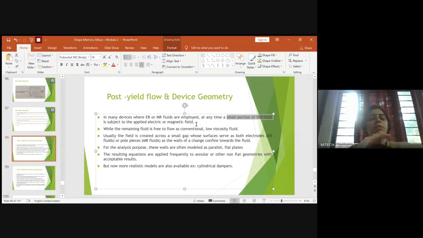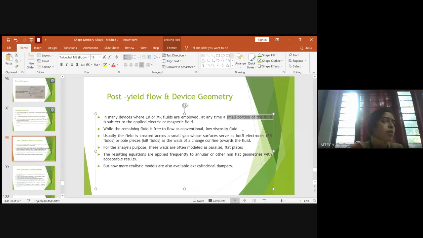So it could be for the surface of the smart fluid, or across the surface of the plate, the top plate and the bottom plate, but you will be applying it for a small area, a small portion, so that you should know. Without applying the electric or magnetic field, your MR or ER fluid will not work basically, and hence we apply a small portion of the electric or magnetic field to the ER or MR fluid, but it is applied to a particular area, not throughout, and the remaining part will be free to flow as conventional low